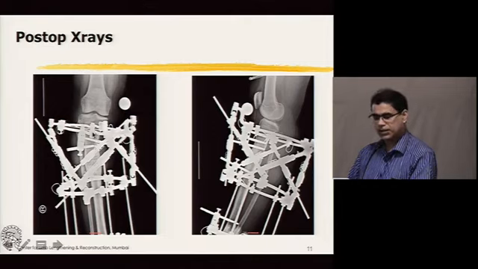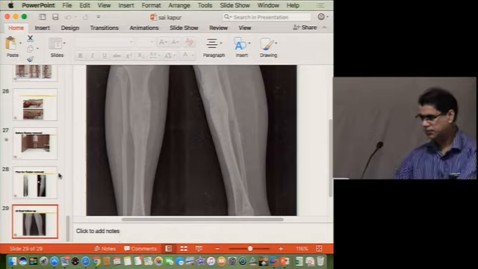Once it's healed, now if you notice all the axis is perfectly aligned, it has gone as per the plan which we had discussed. So the take home message is that proper preoperative planning and tactic gives you this idea of yes, this is what I am going to expect and how I am going to tackle. This is the hurdle which can come in between and I should be prepared to handle that as well. So now if this patient came to one of you all who is not doing Elizarov,